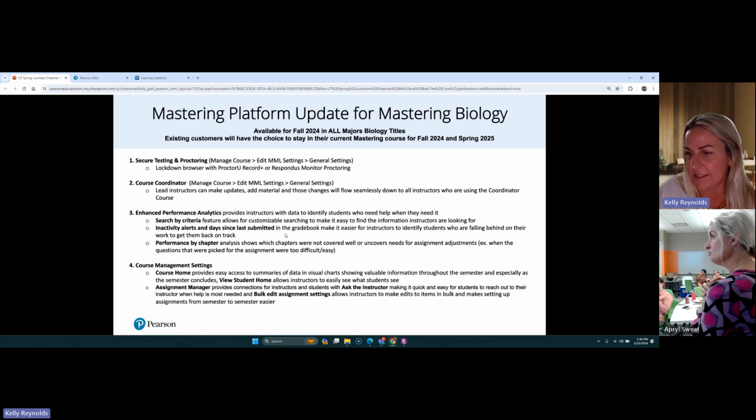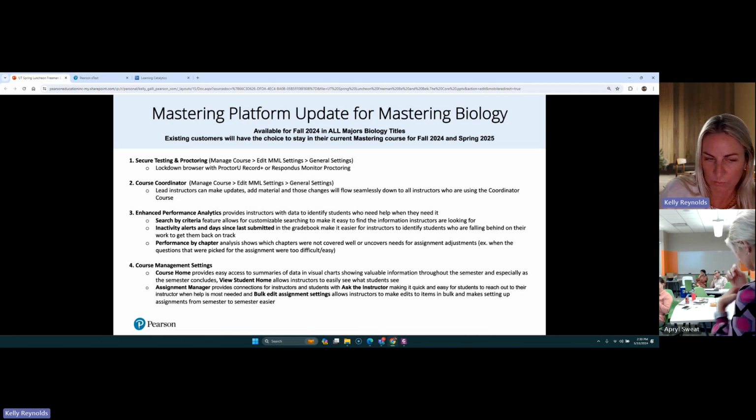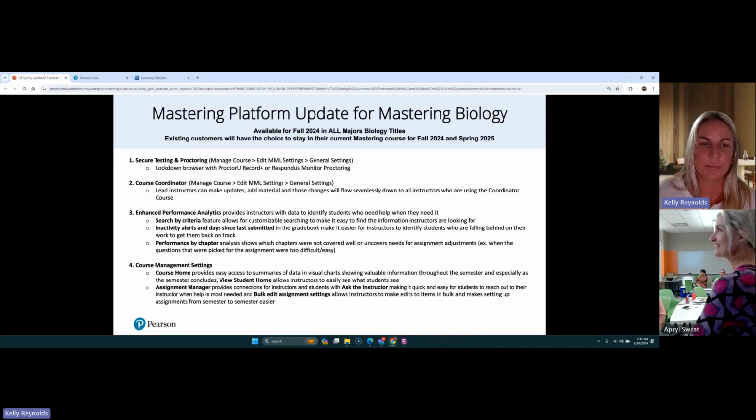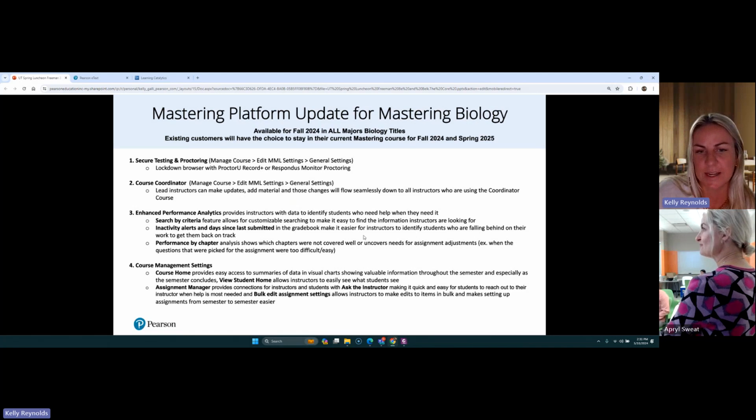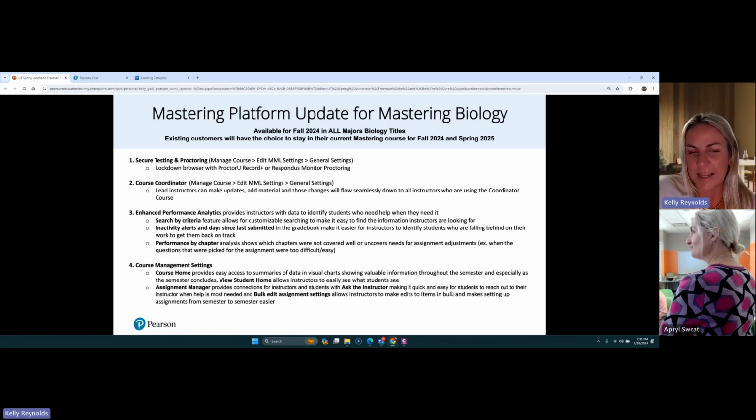Inactivity alerts show days since they last submitted an assignment, a really easy way to identify students who maybe haven't been keeping up to date with their coursework. Performance by chapter gives you really strong data and analytics. And then there are some course management and bulk editing settings.